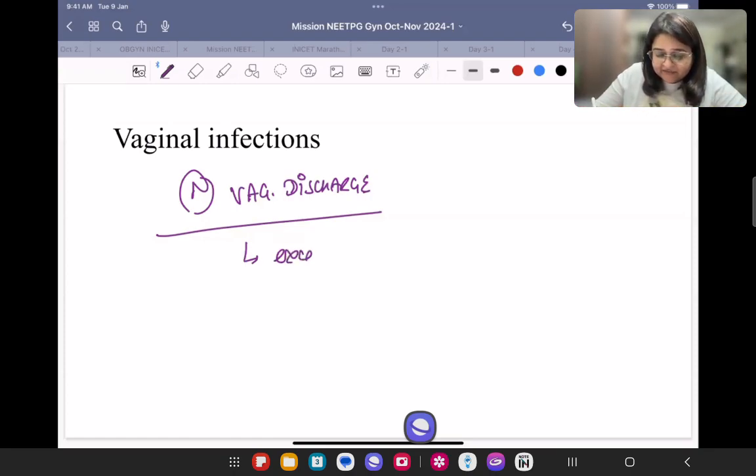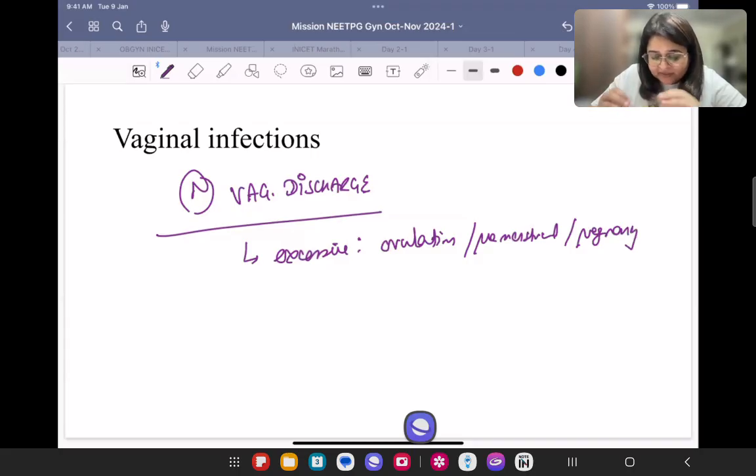It is excessive in certain times of the menstrual cycle, especially around ovulation, premenstrual it increases, and during pregnancy it will increase. But the description is it is clear or whitish discharge, and very importantly it can